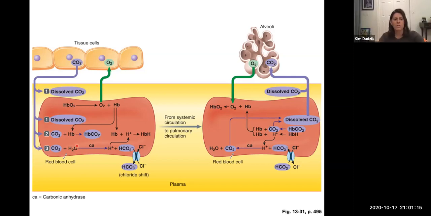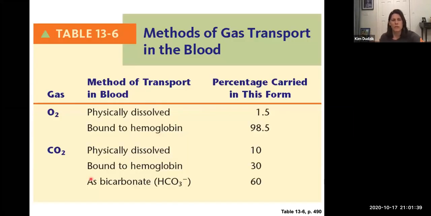So I want to make sure that you know that chemical equation. You need to be able to work out that chemical equation down here of how to convert carbon dioxide into bicarbonate. And why do we do that? What's the reason that we convert carbon dioxide into bicarbonate? What's the homeostatic reason for that? Okay, and then make sure you can tell me the other ways that we can carry CO2 in the blood. This table helps you with that. And then also how we carry oxygen.